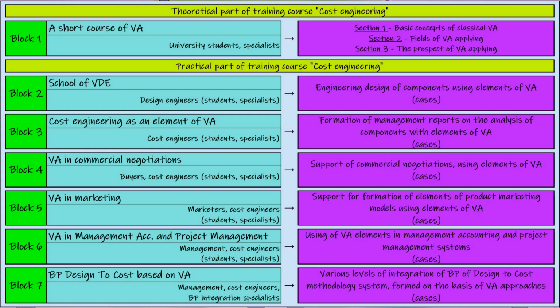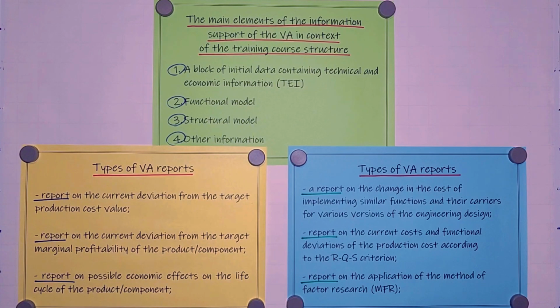Taking into account all the above-mentioned possible goals of conducting analytical activities, it's possible to formulate a list of the main elements of the information support of value analysis in the context of the structure of the training course Cost Engineering. It should be noted that this list is put mildly, somewhat simplified,